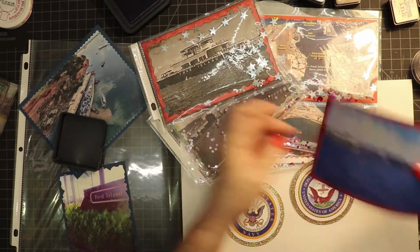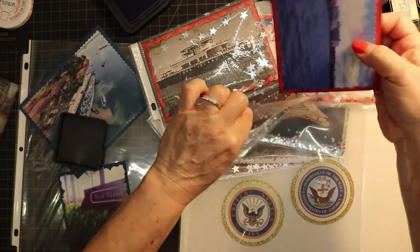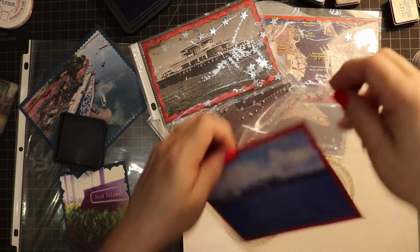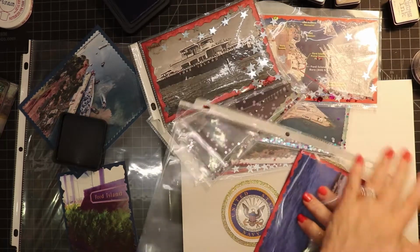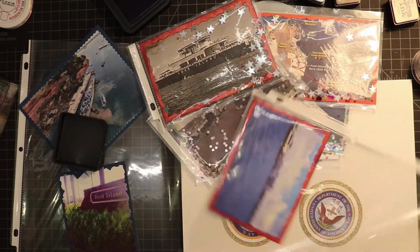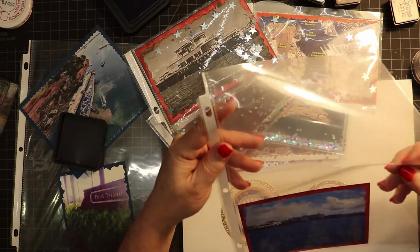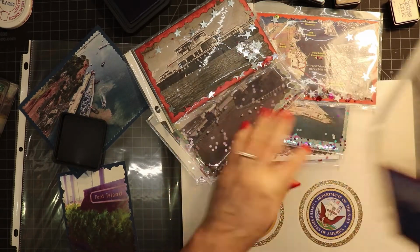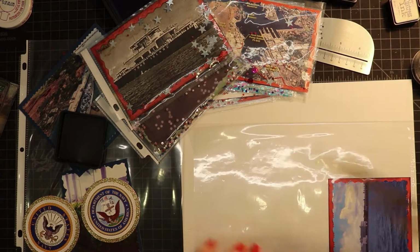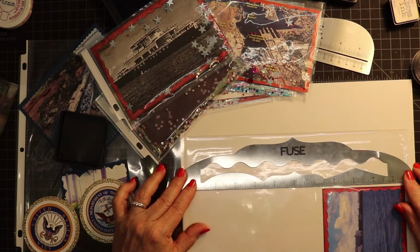Okay, after a lot of thinking, when I found out where she was stationed and what her duties were, I went on the internet and I googled the Ford Island and the Ford Island ferry, and I printed out some pictures off of the internet, and I used my fuse tool to make, well, first of all, I cut out the images with my